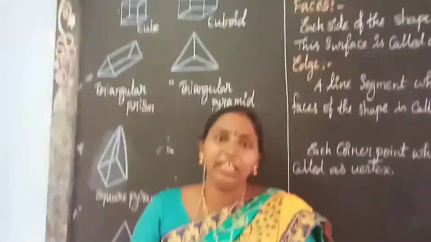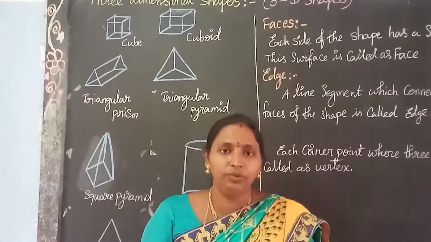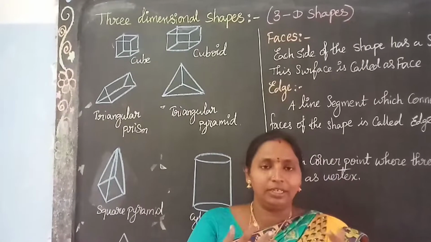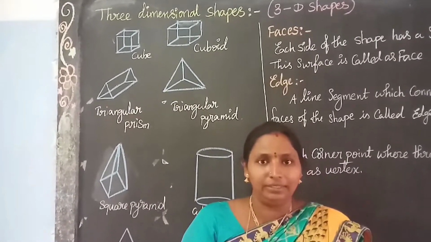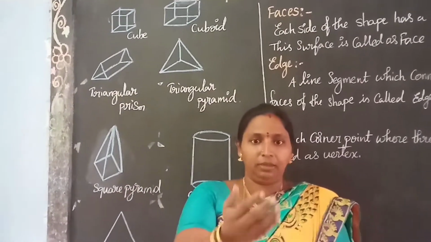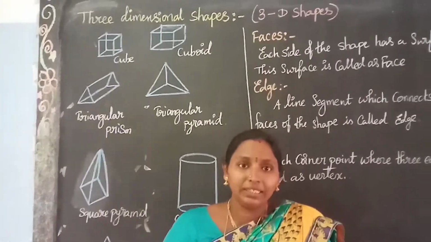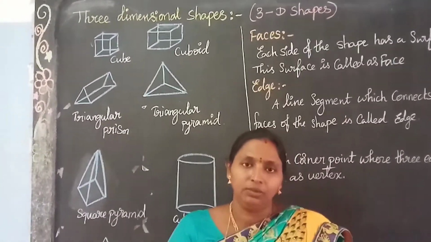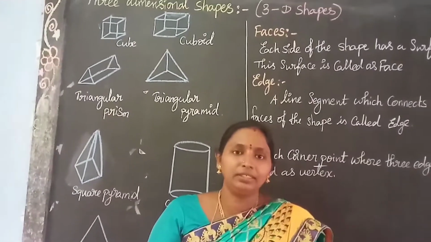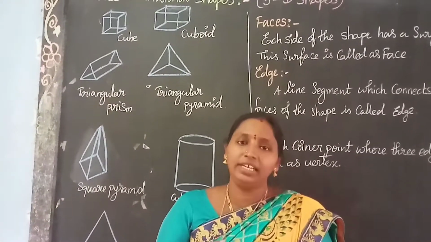When we go for a 3D movie, how do you feel seeing that 3D movie as compared to a 2D movie? In a 3D movie, you feel that the scenes or scenery come along to our eyes, that it has another dimension, that is called height. So if a solid shape has length, breadth and height, it is considered a 3-dimensional shape, otherwise called 3D shapes.